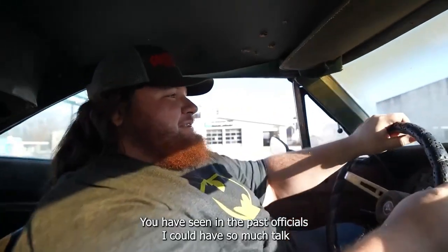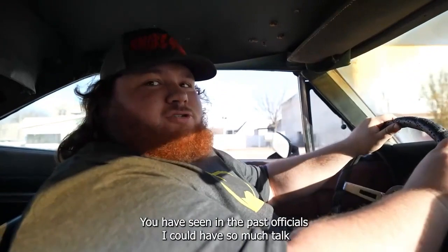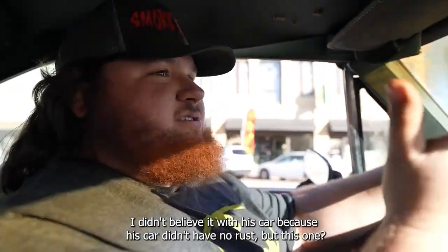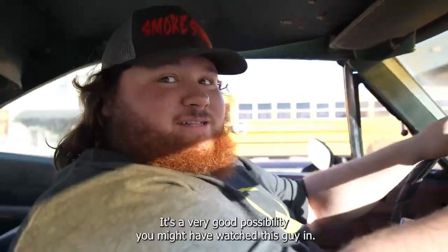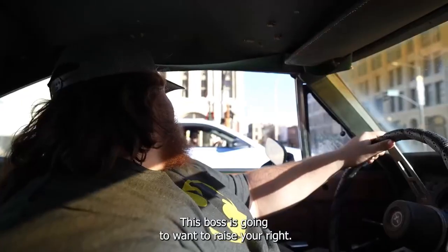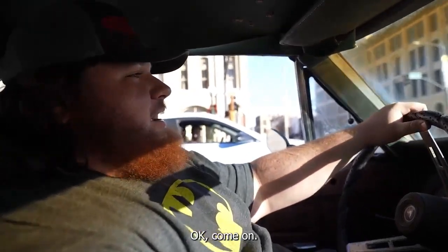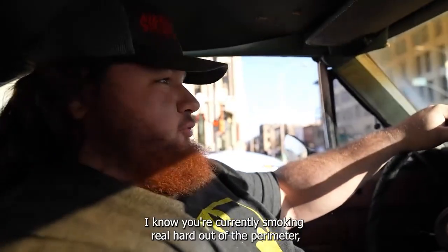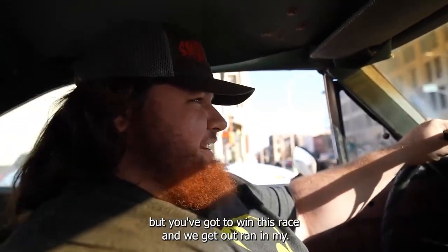You know that scene in Fast and Furious where it had so much torque, it twisted the body? I didn't believe it with his car because his car didn't have no rust, but this one, it's a very good possibility it might happen. Watch, this guy in this Velocity's gonna want to race. You wanna race? Okay. Come on, Tater, don't let me down. I know you're currently smoking real hard out of the breather, but you gotta win this race. If we get outran by a...